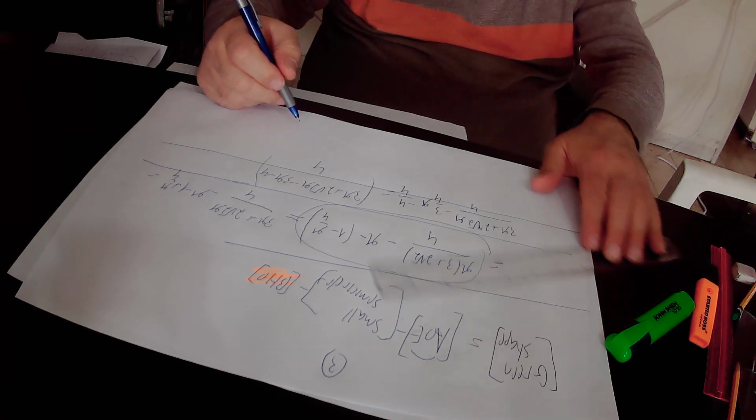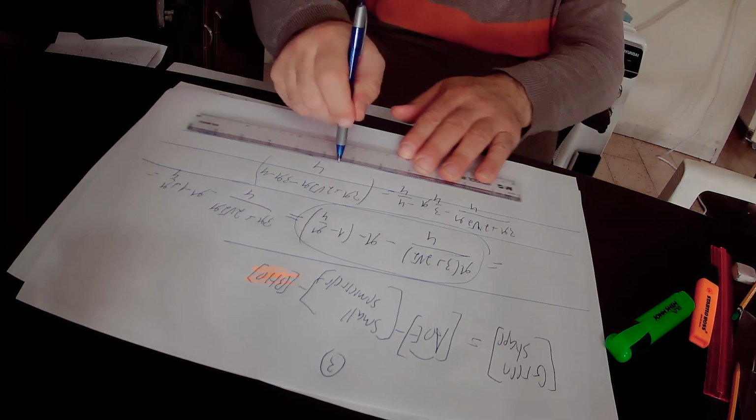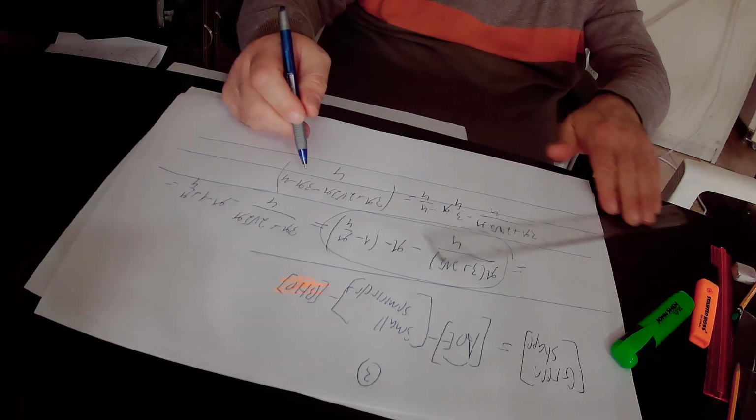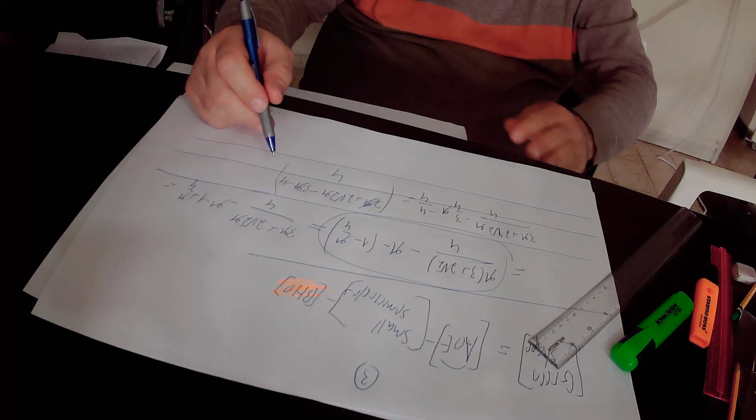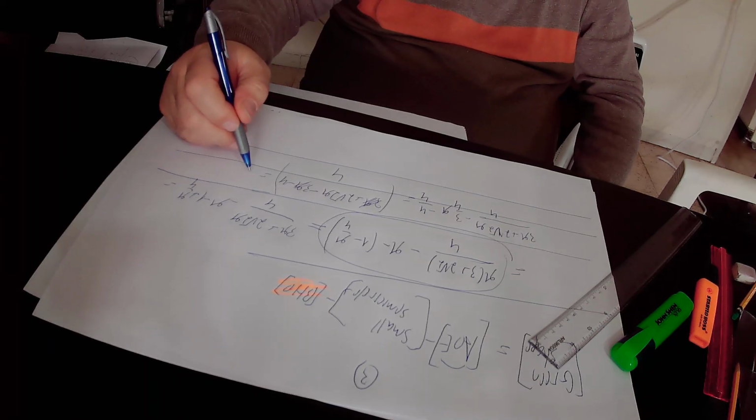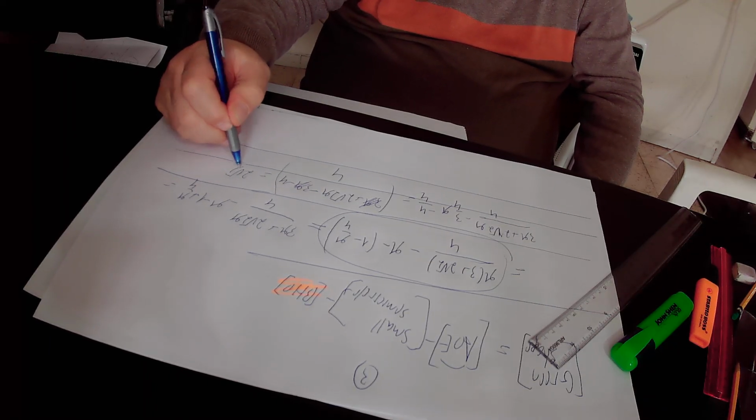So here we have 3 pi minus 3 pi is 0, and after we cancel 3 pi, we are left only with 2 times square root of 2 times pi